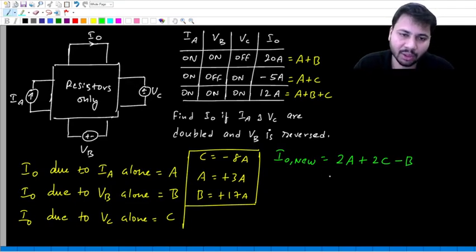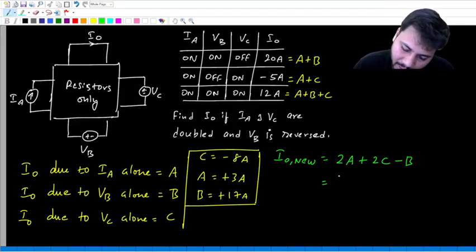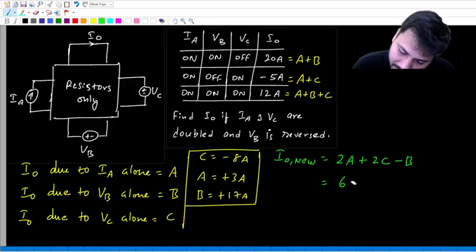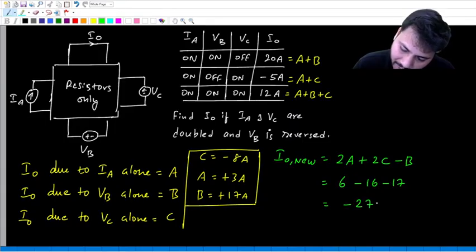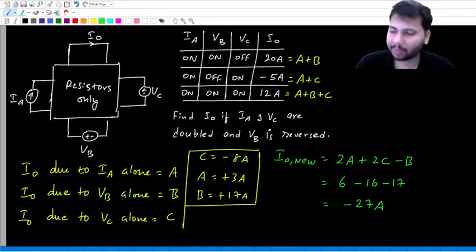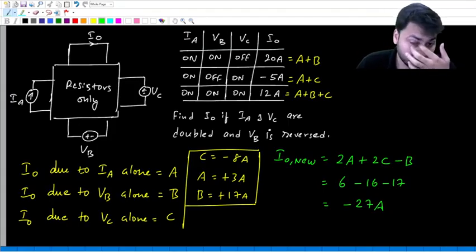2A plus 2C minus B. 2A means 6. 2C means I think minus 16. And then minus B. B is 17, so minus B is minus 17. So the final value is minus 27 amps. This is the new value of I naught when IA and VC are doubled and VB is